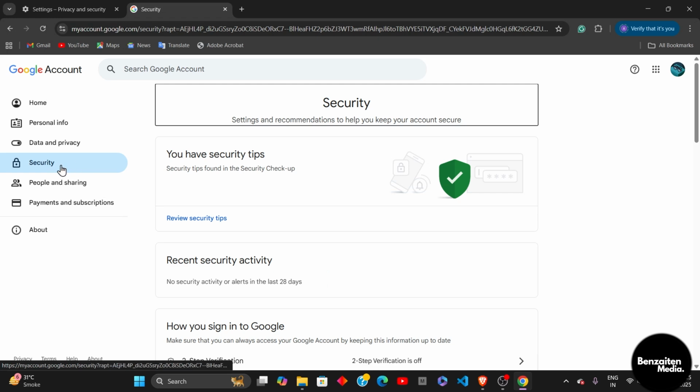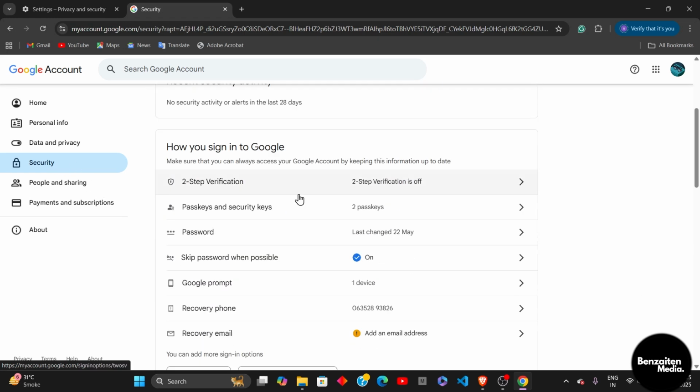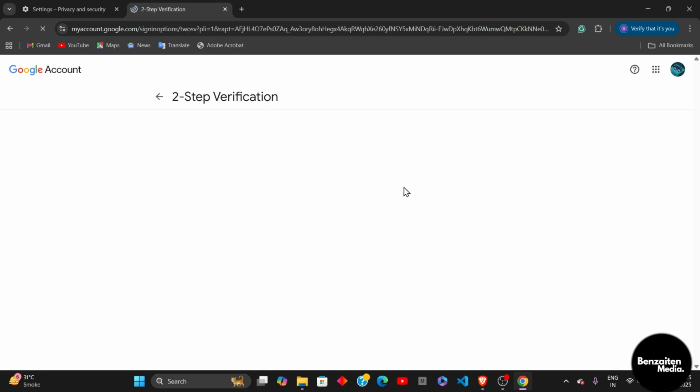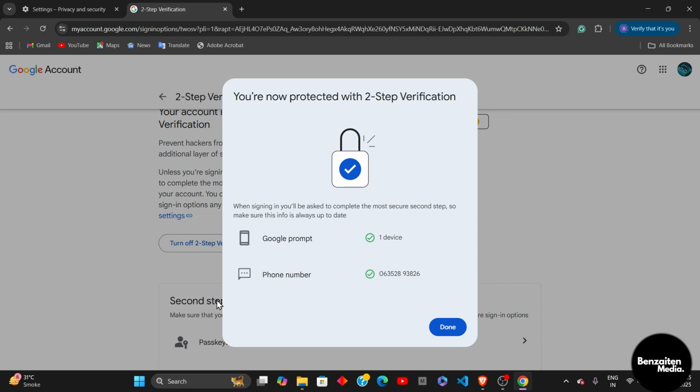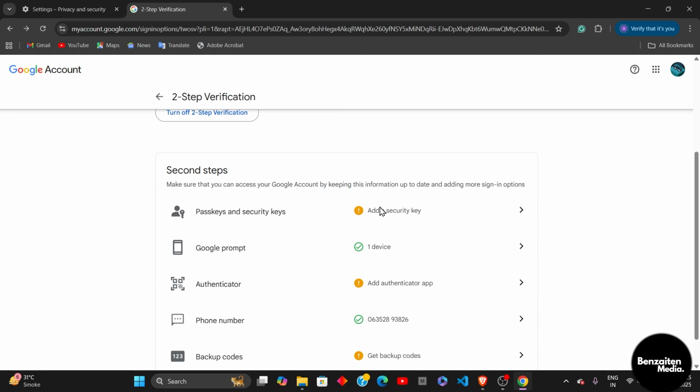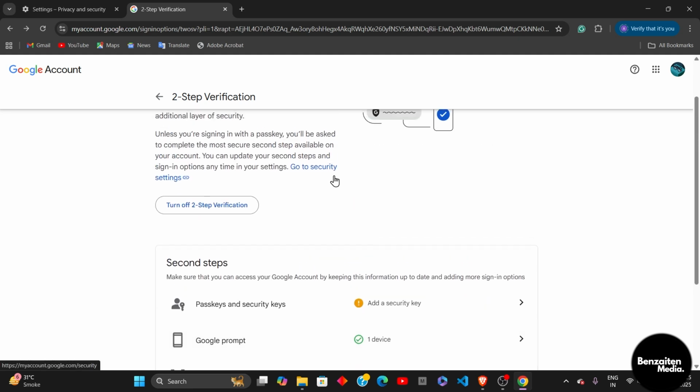From here, I simply need to go to the security tab, and then you will see your two-step verification. To turn this on, click on two-step verification and then click on turn on two-step verification. After that, you simply need to enter your email, password, and your passkey to turn on your two-step verification. When you're done, simply click on done, and after that, your two-step verification will